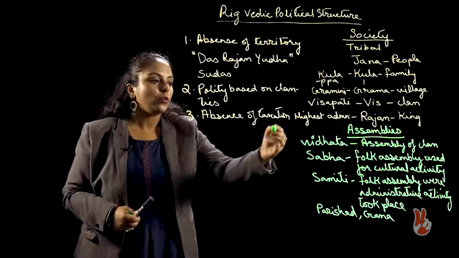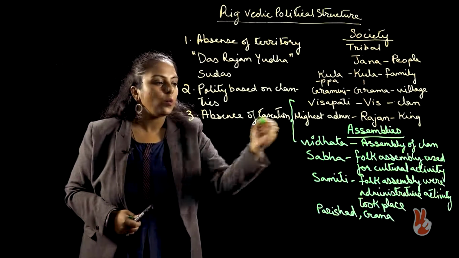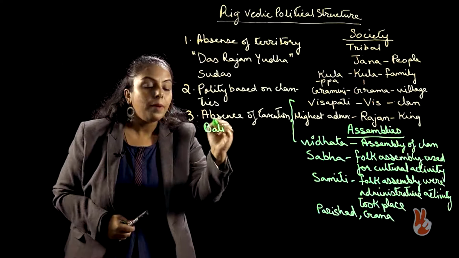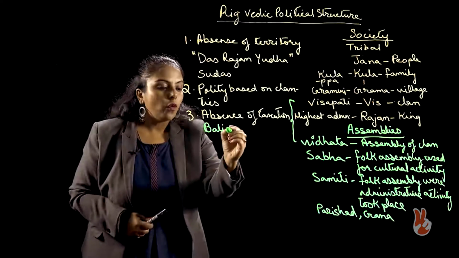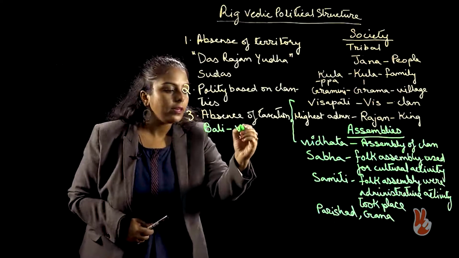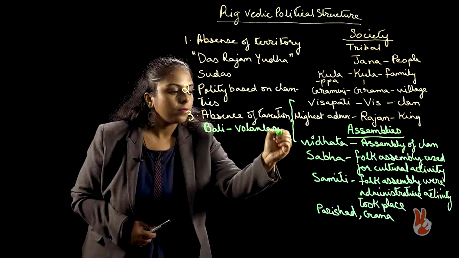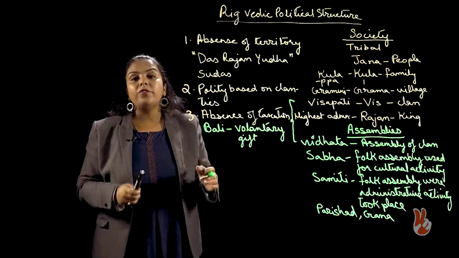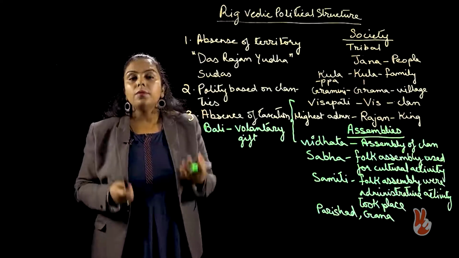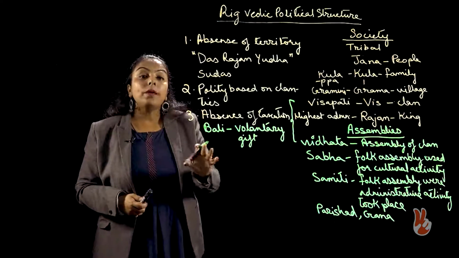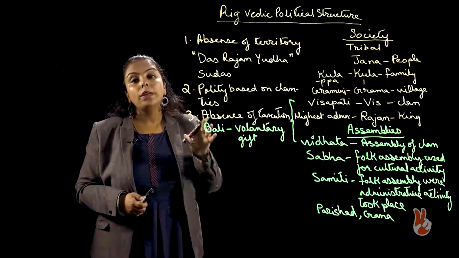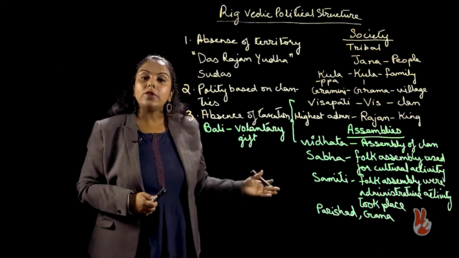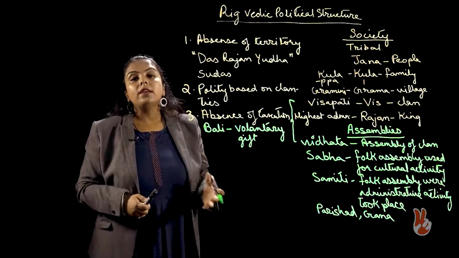Okay, so let me write it down for you, and let me just demarcate the word so that you can read it properly. So, there is something called Bali, but Bali is not a tax, it is a voluntary gift. A tribe may gift this to the Rajan because of his duties. It cannot be coerced, meaning force cannot be used to take it from the tribe. So, this is Bali. However, in the later Vedic age, this will change and the concept of